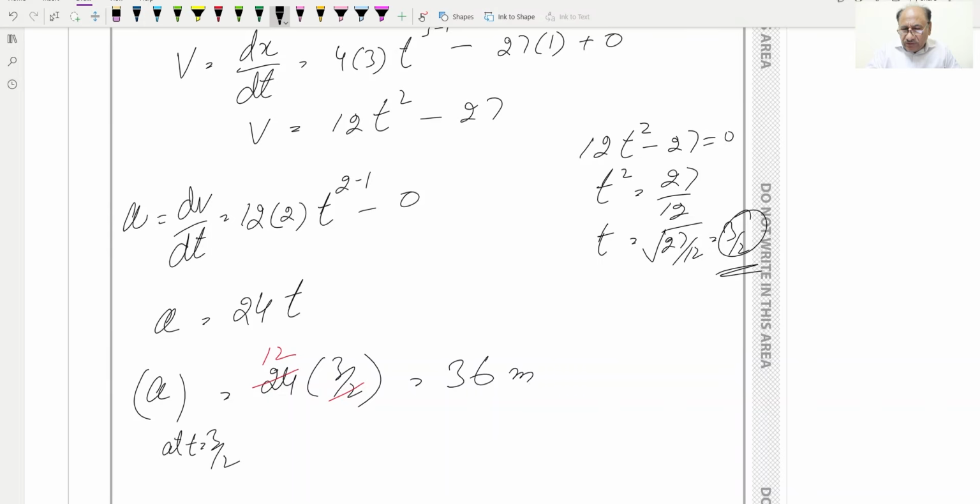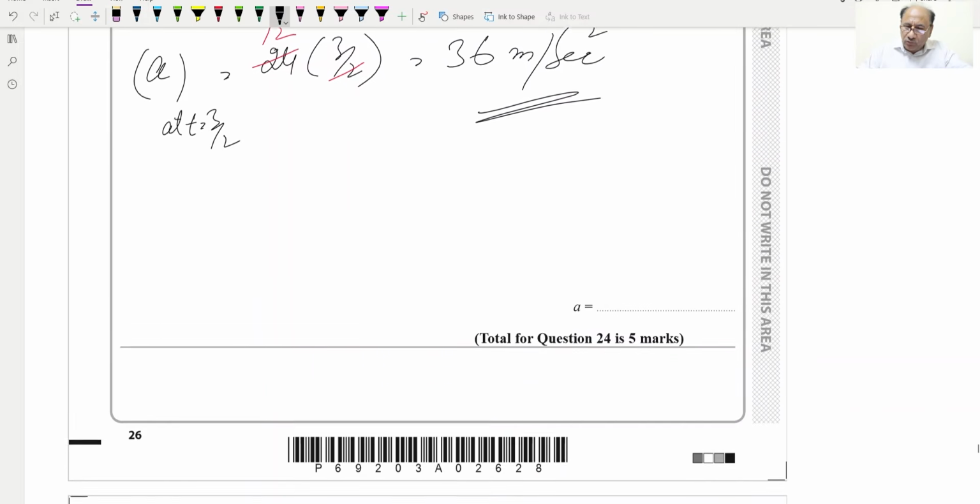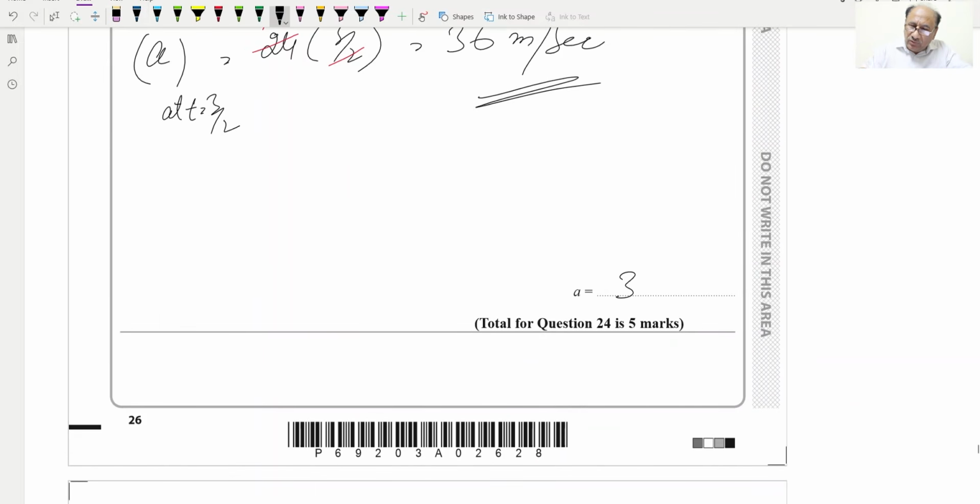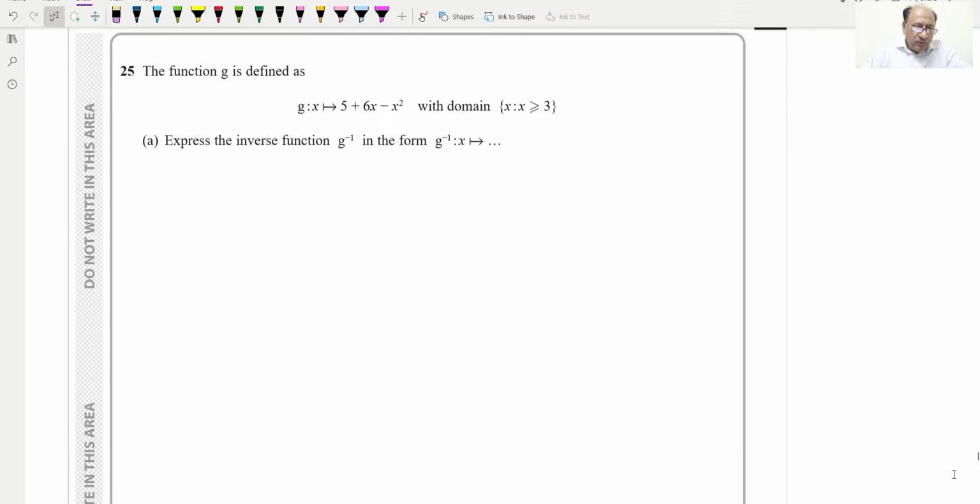So 36 meters per second squared is basically the acceleration which we were supposed to find. We can write the answer over here: 36 meters per second squared. This is the 5-mark question which we have done. Now question number